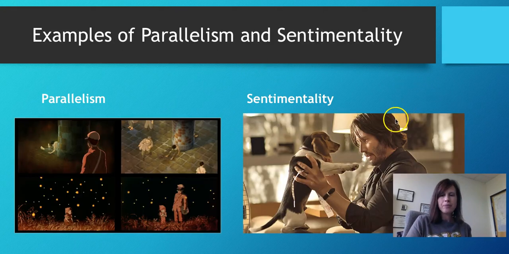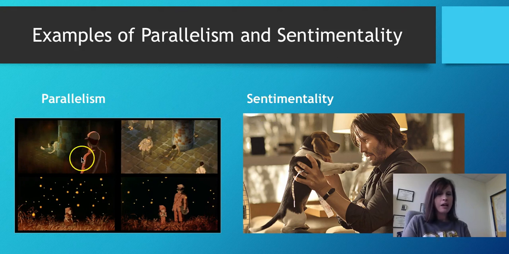So, for example, for parallelism, I mentioned last week Grave of the Fireflies, which is a very sad film. And Grave of the Fireflies, this whole thing here actually runs both parallelism and sentimentality, but it's mainly parallelism. On this side here, this is the start of the movie. This character is our main guy here, and this is basically his soul. He basically sees himself die in the first 5 minutes, so no spoiler warning. He dies in the first 5 minutes of the movie, and then we spend the whole movie following how he got from point A to where we start at point B with him dying.